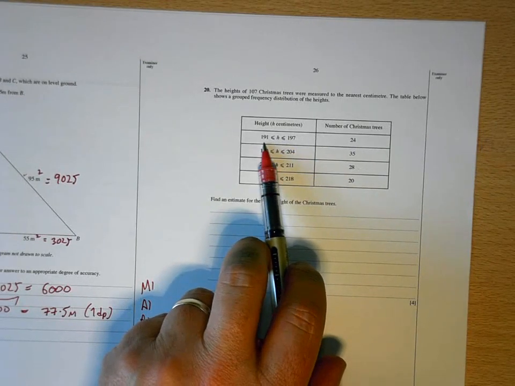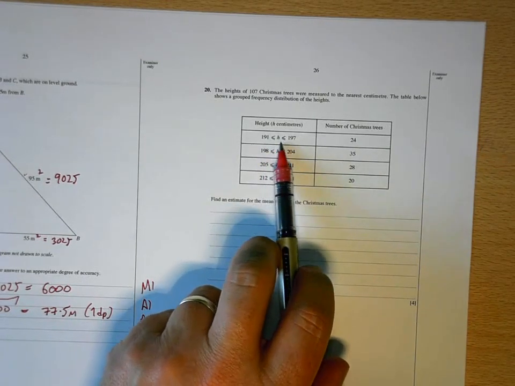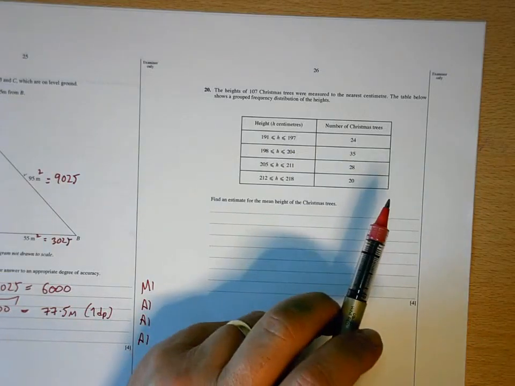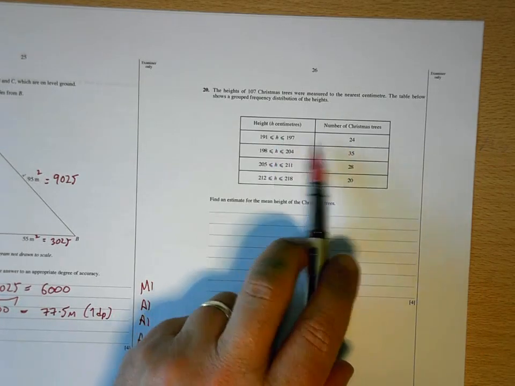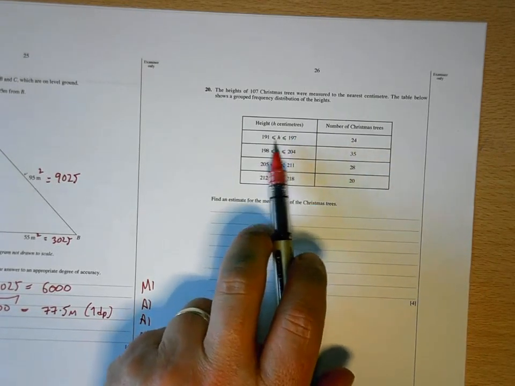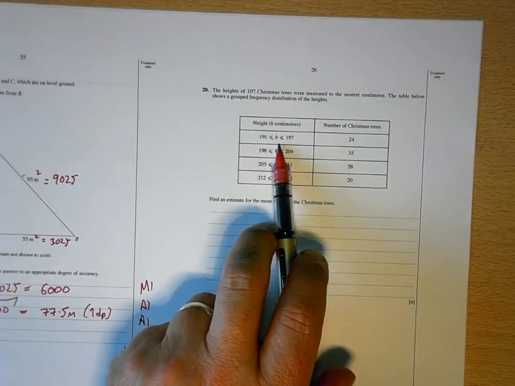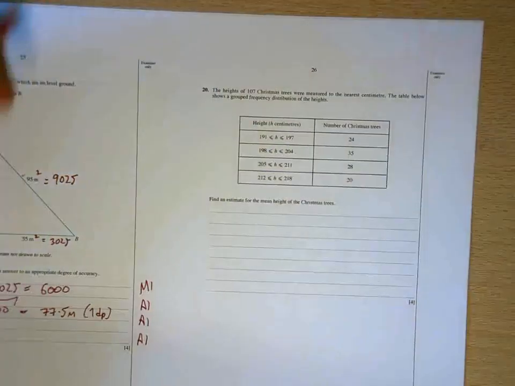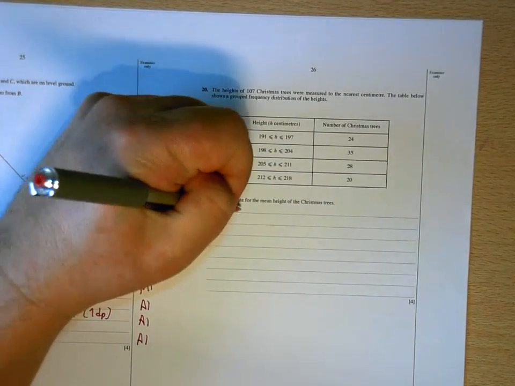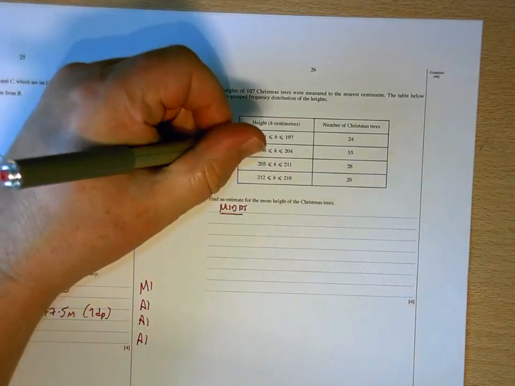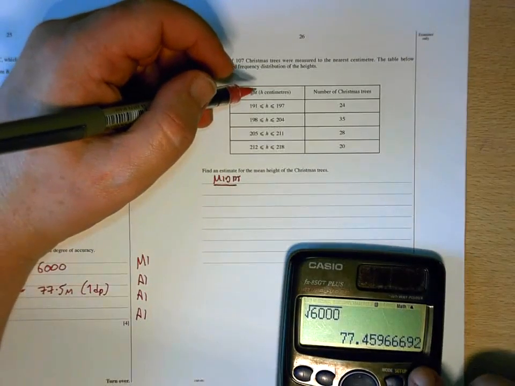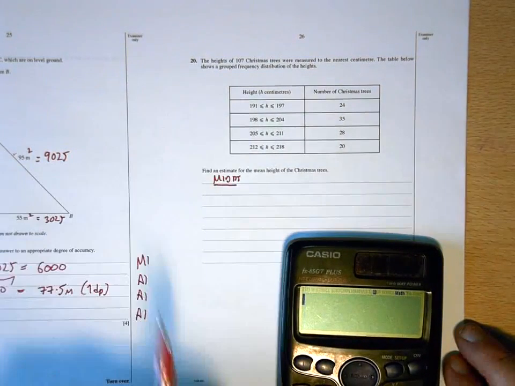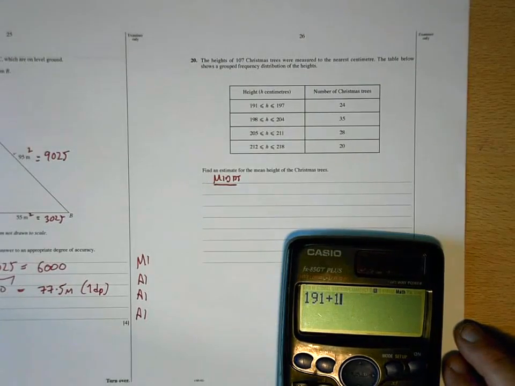They could all be 191. They could all be 197. You don't know. So we have to estimate by saying that we think the 24 Christmas trees are all the halfway point. So we need a midpoint. And the midpoint is halfway between 191 and 197. So halfway, the easiest way to do that, if you can't logically work it out in your head, is add the two numbers together and divide by 2. So 194